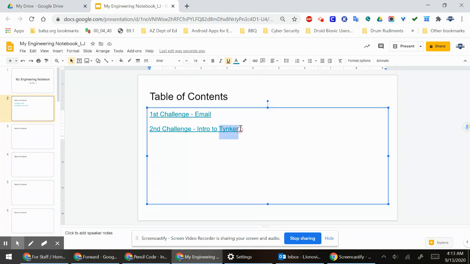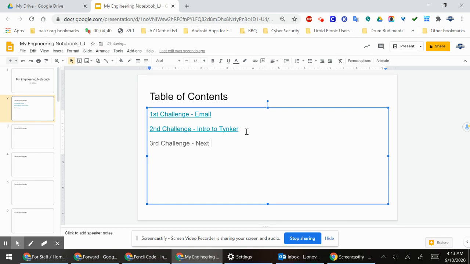There to get into it. We're going to call this the third challenge. See how I'm filling in my table of contents? Alright, third challenge. That would have been in your regular notebook. This would be on those first 6 pages that I had you set aside. Okay, so this one is going to be